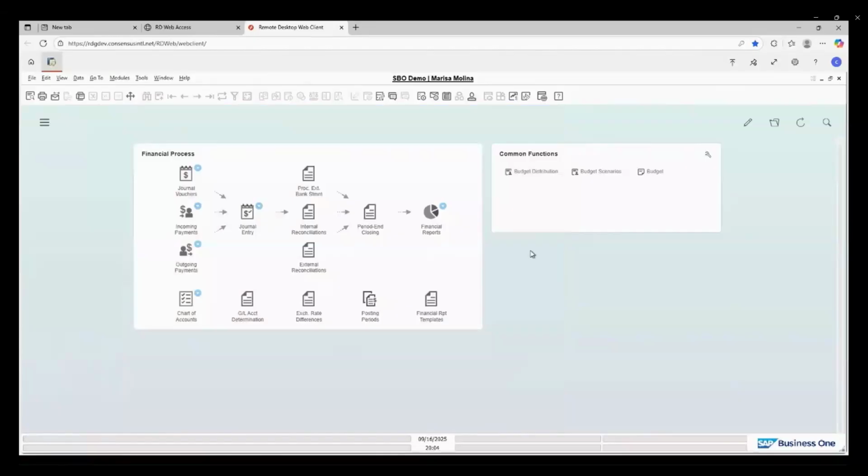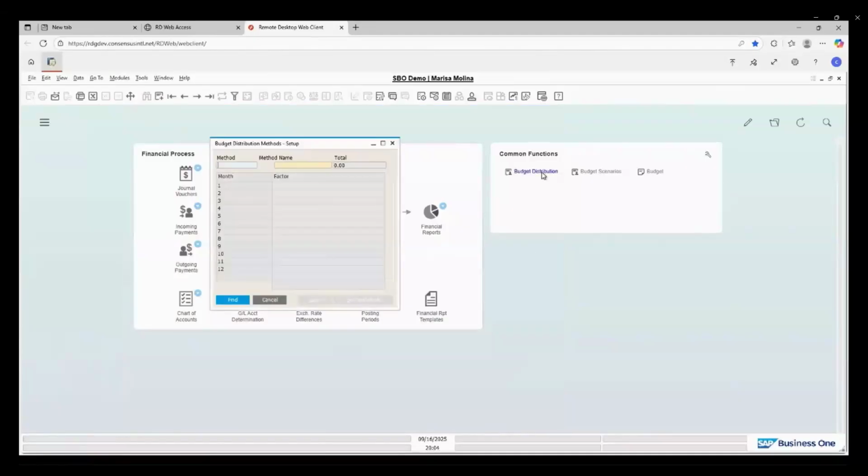Now it is the distribution methods. Let me just open this one. The system creates by default 3 distribution methods. One is this equal. It is like factor 1 by month, so the total is 12. And of course, the distribution that you have among the different months must equal the total, right? Basically, the factor is the proportion of the total assigned to each month. And of course, the total must match the distribution that you have by month.